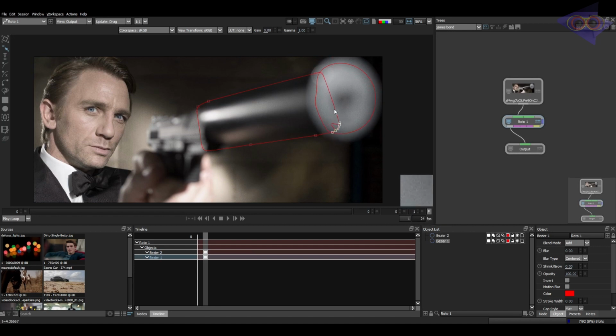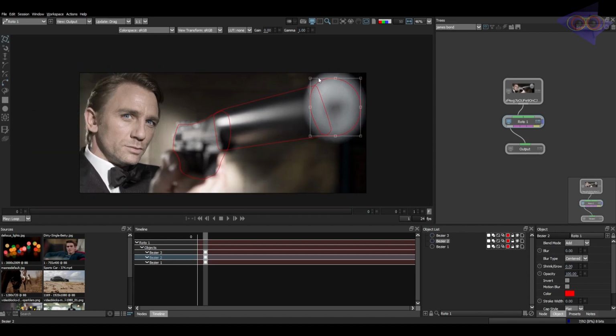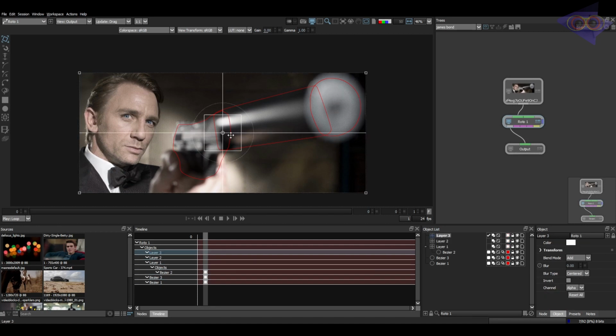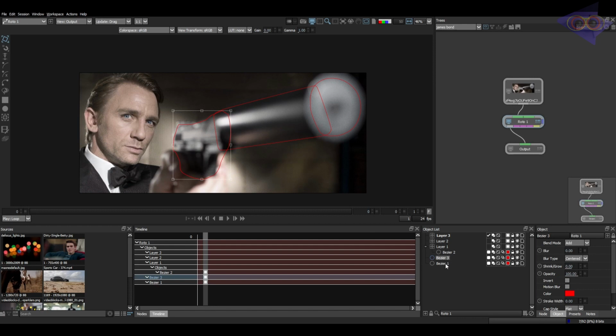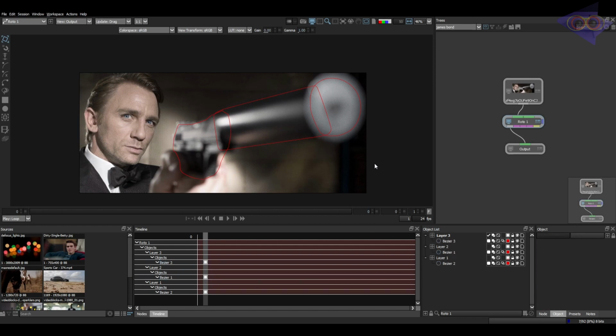I'll just extend this shape a bit here. I'm just drawing it roughly. So let's suppose this is yet another shape. The objects which have much more defocus should be kept in a separate layer. The objects which have less defocus should be kept in a separate layer as well. So here we should follow the layer concept, the depth from the camera concept.